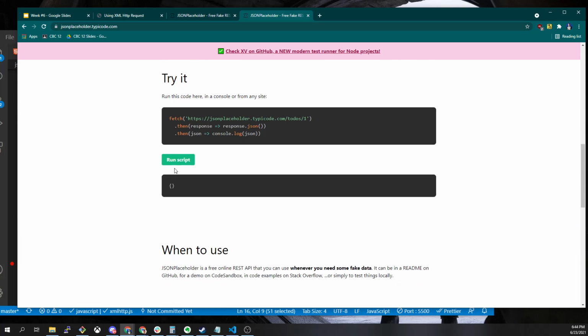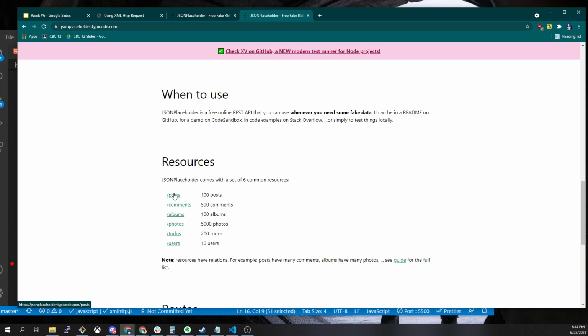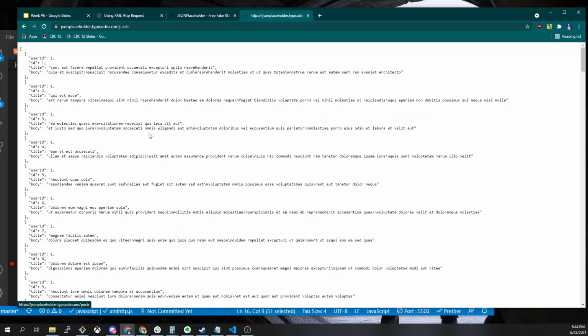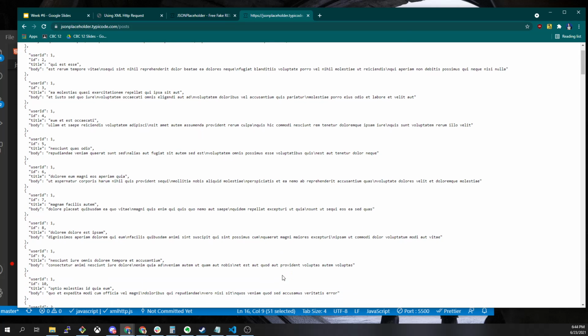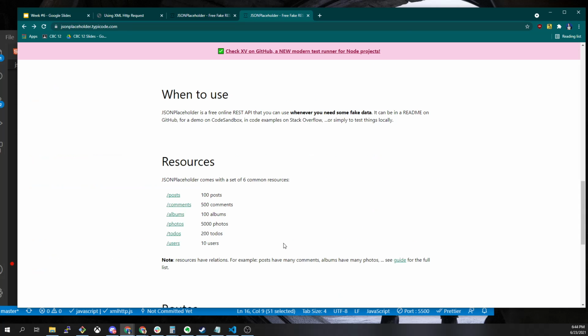Basically, they've mocked up all this data that lets us call these URLs as if they were, like how we've been using the XML HTTP request object to fetch some stuff. They've given us a website, they let us make requests to it, and it's full of all kinds of fake JSON data so that we can play with it. They've also made the fake JSON data match realistic real-world models. So they've got a users object, a to-do list, some photos,